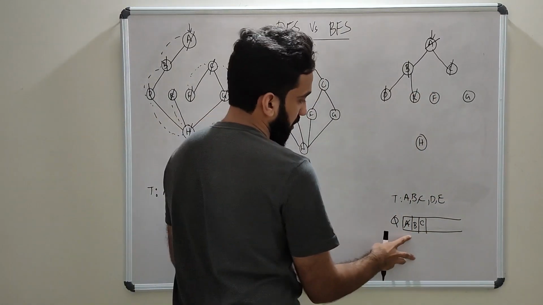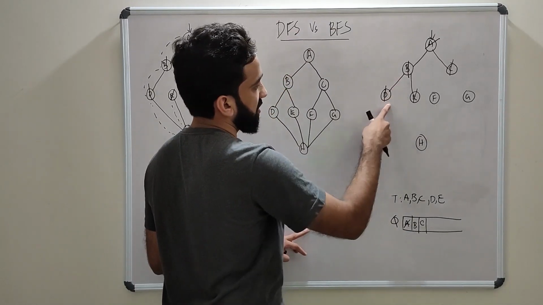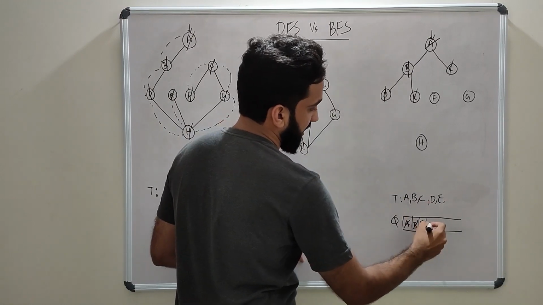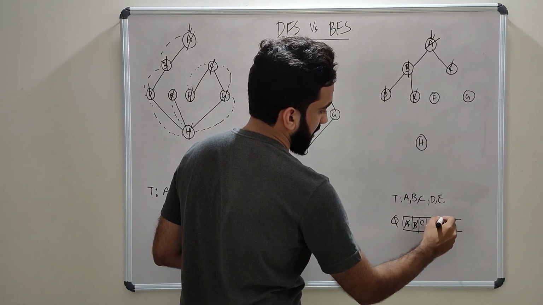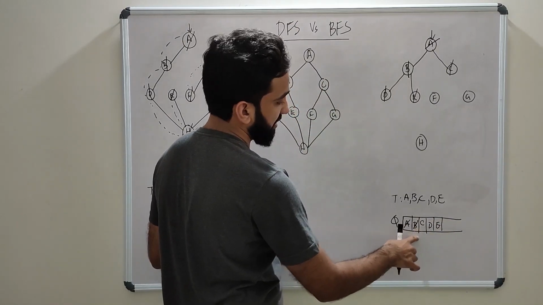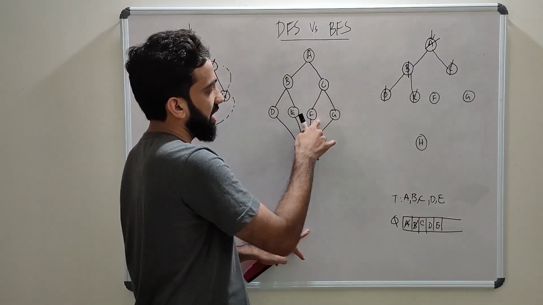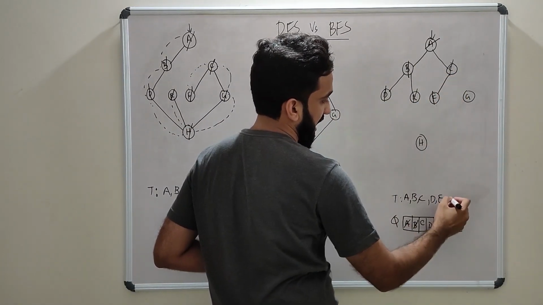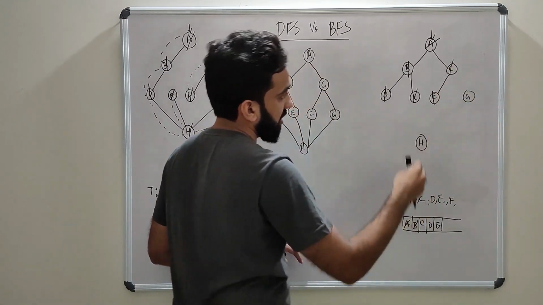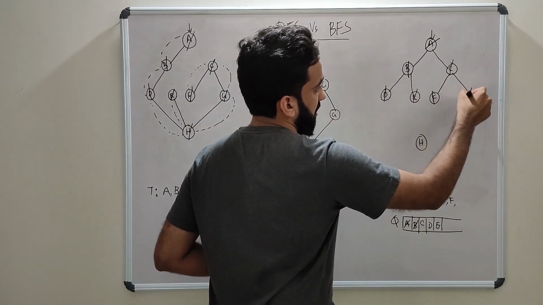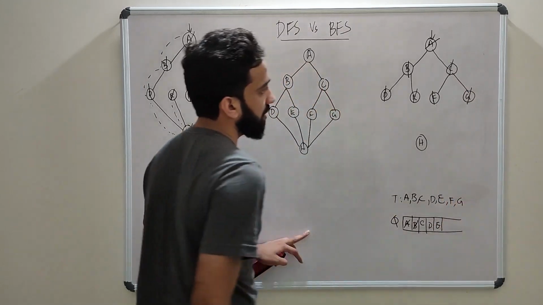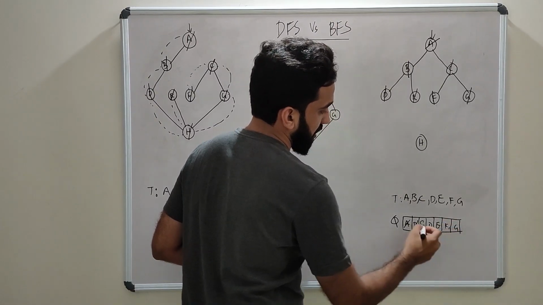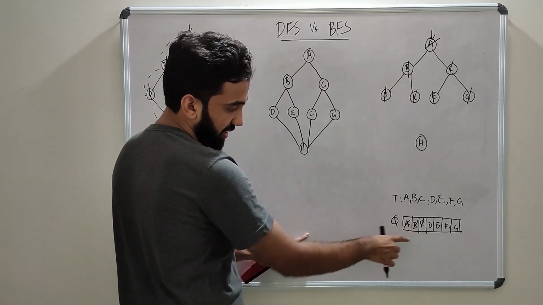So we'll again look into our queue. So B is completely explored. There is no node which is not visited. So we'll mark B here. Now we can add D and E to our list. So the next thing is C. So C is not completely explored. So C have F and G. So let's say I go to F. So I'll mark F as visited. I'll add F here. Next, C has G also. So I'll go to G. I'll mark G as visited. So we can add F and G here. So C is completely explored. We'll mark C here in the queue.